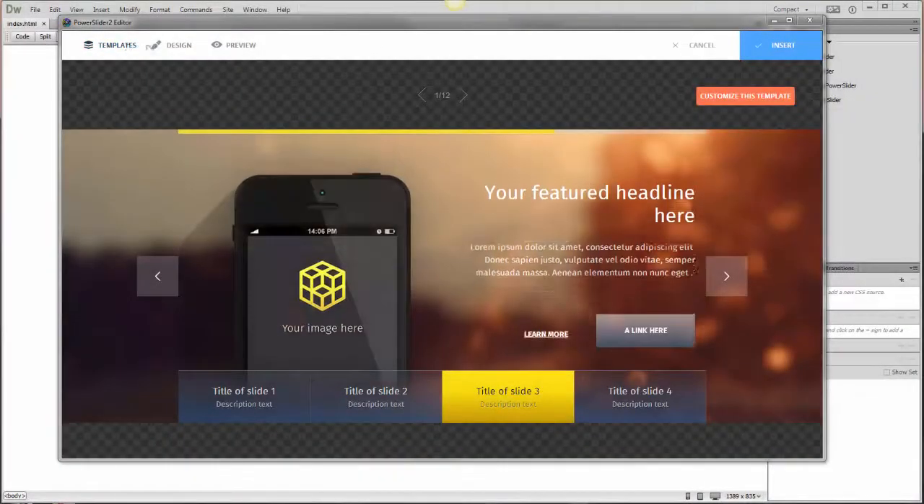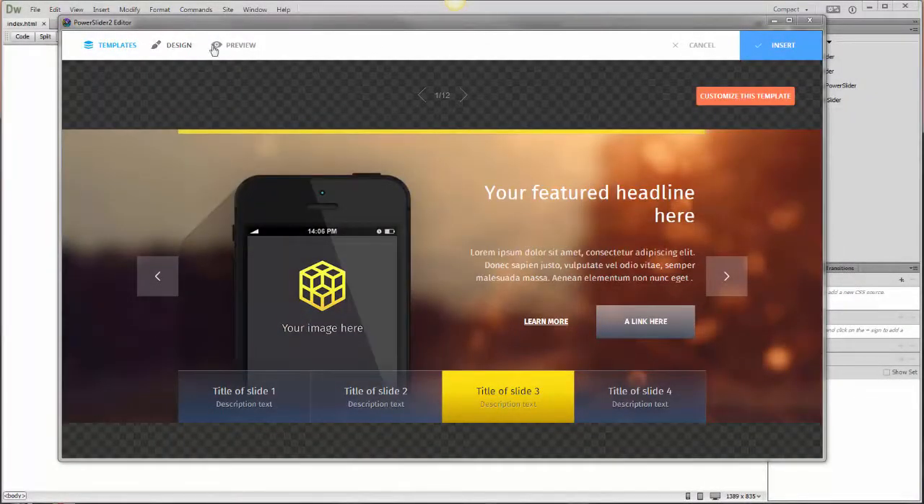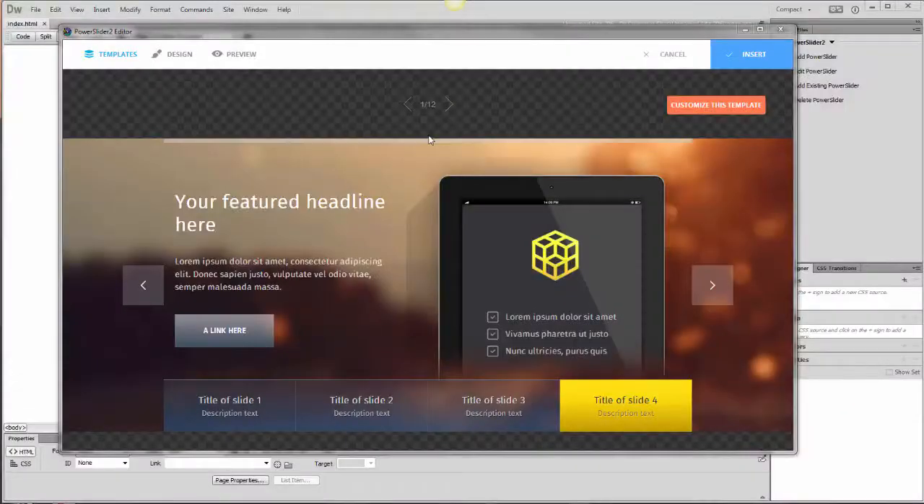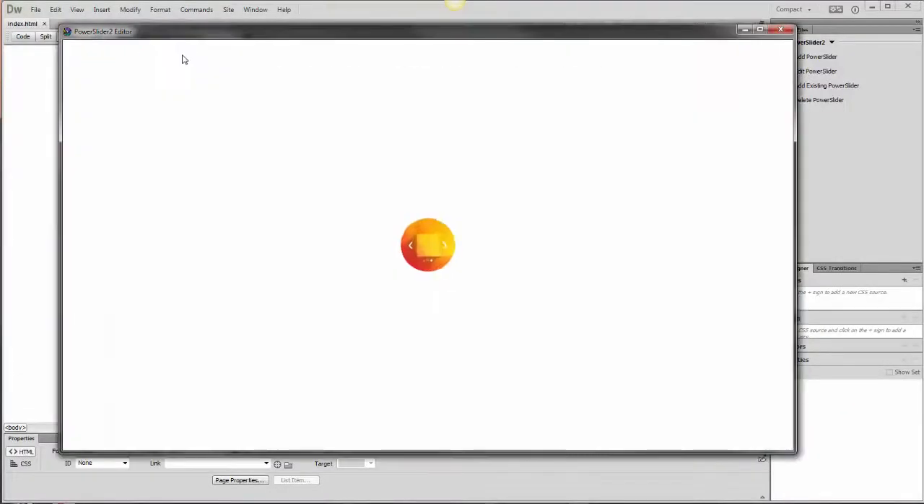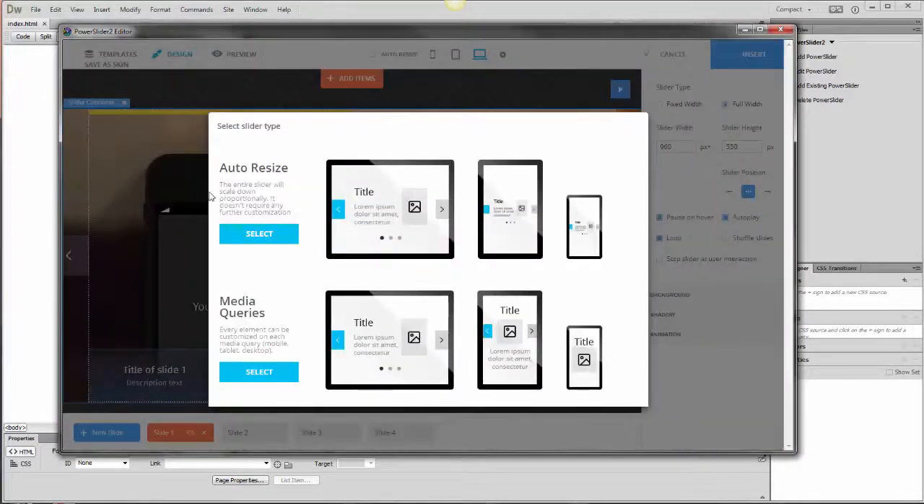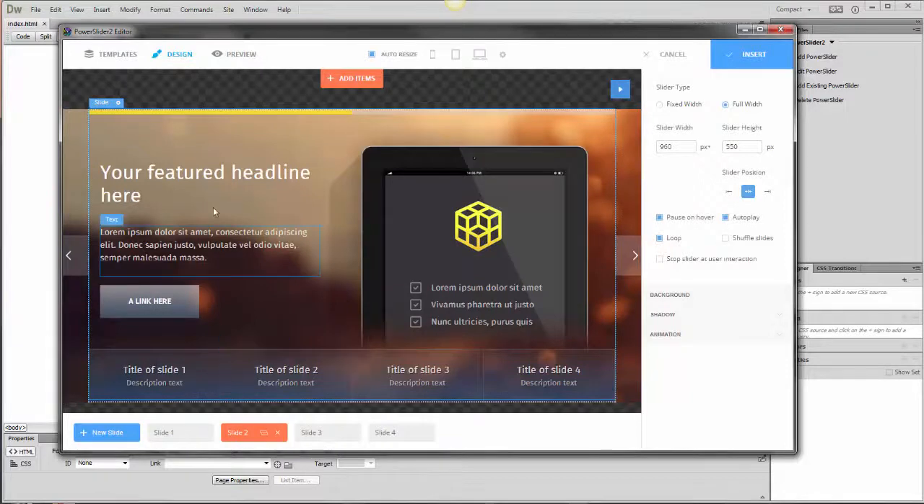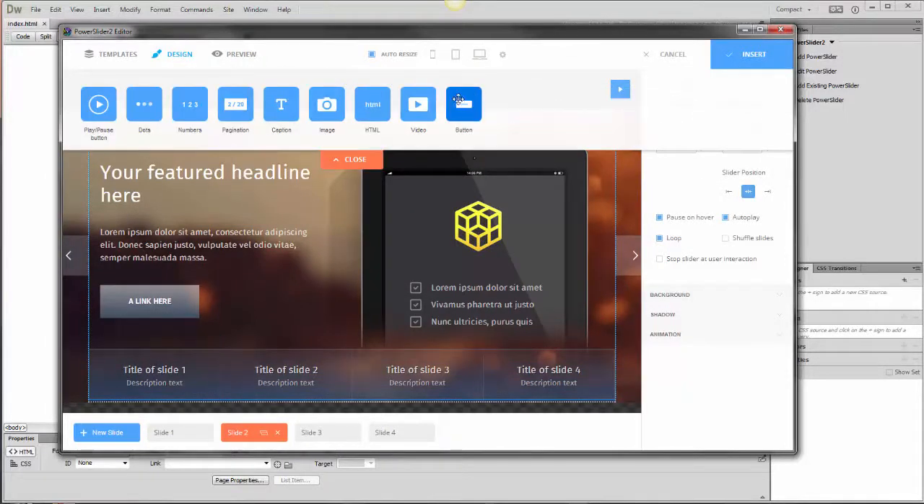There are 3 tabs at the top: Templates, Design, and Preview. In the Templates tab, you can choose the skin to start from. There are 11 available. In the Design tab, you can add elements like text, images, YouTube or Vimeo videos, buttons,